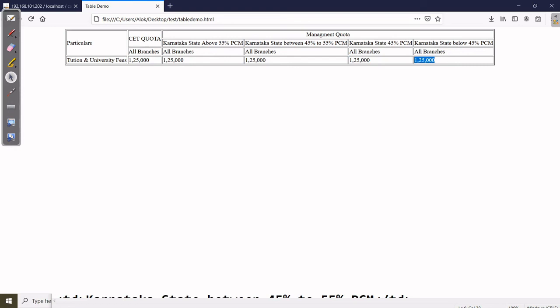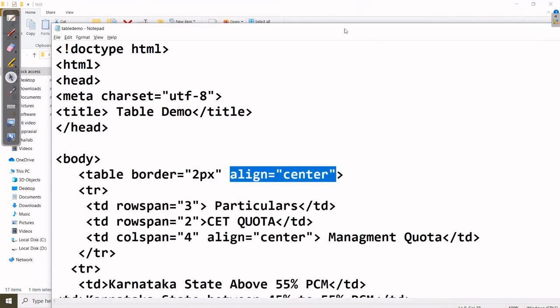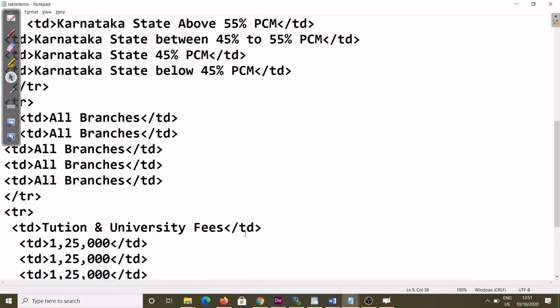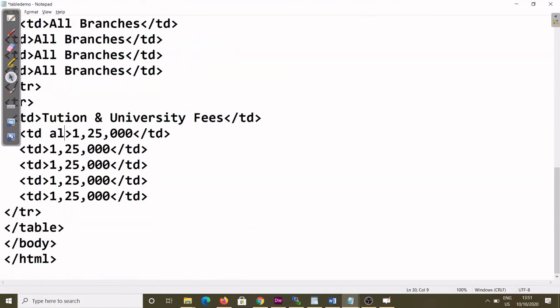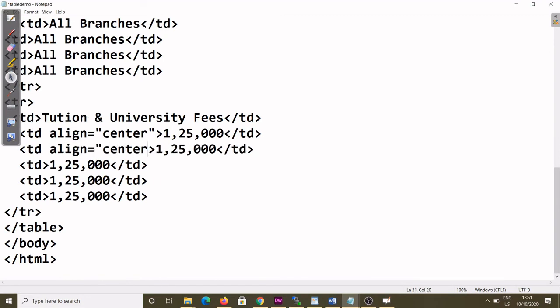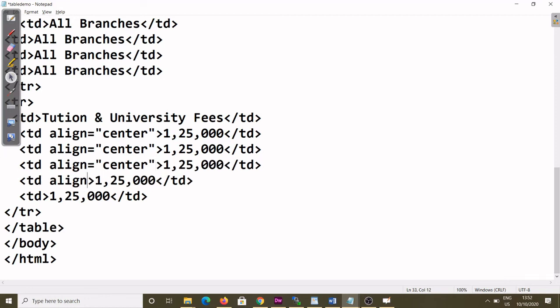So in that case what you can do, you can again use the align for values only. This is the value here, td align equal to center, right? Here again td align center, then again td align center, td align center, td align center.